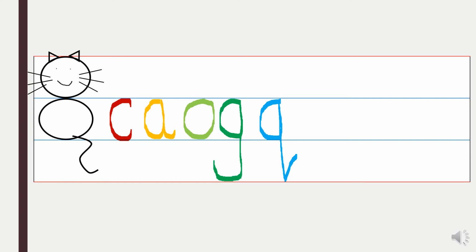Now the next letter we are going to see is the letter D. So again we start off with a K, then we go up till the red line, and we come down, down, and we give a small curve, and that is the letter D for you. Now the next letter we are going to see is the letter A. A starts off with a sleeping line, and then we draw a K. So this is the letter A.